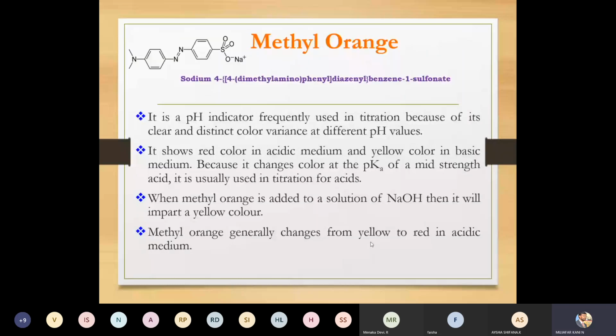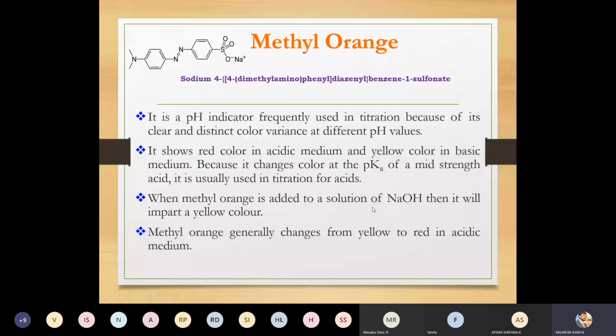The next one, methyl orange. Methyl orange is a pH indicator frequently used in titration because of its clear and distinct color variation at different pH values. It shows red color in acidic medium and yellow color in basic medium. It also provides a different color variation across pH ranges because it changes color at the